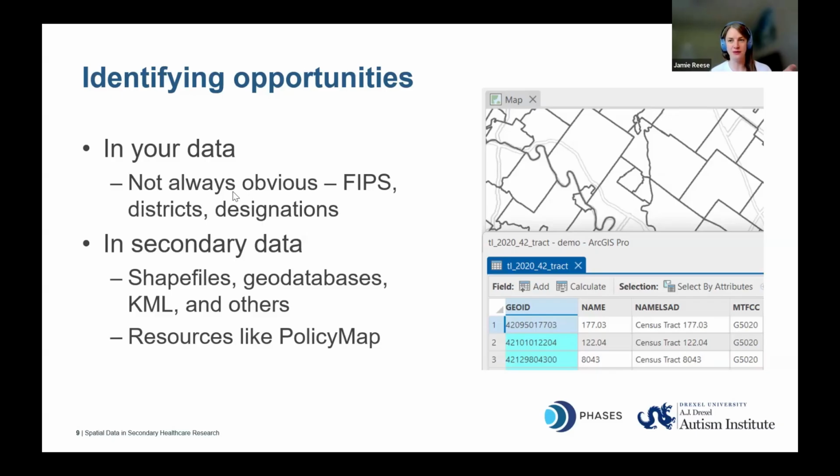So I have FIPS on here, which is an acronym for an identifier. GeoID is sometimes used colloquially interchangeably, but they're identifiers for features that you can then put on a map. What you see on your screen on the right is what I see when I pull in census tracts into ArcGIS. So if you remember how we talked about all those spatial data sets having an attribute table, and you see where I've highlighted that ID, that's what you would use as a table join to add your data to that polygon. So at that point, your data is on a map.